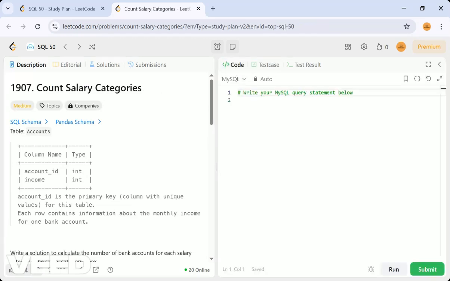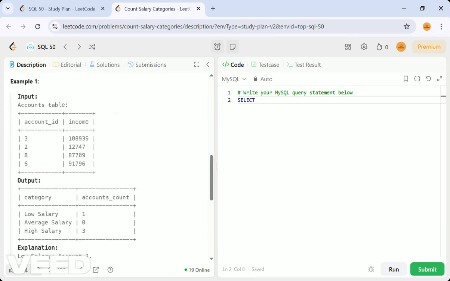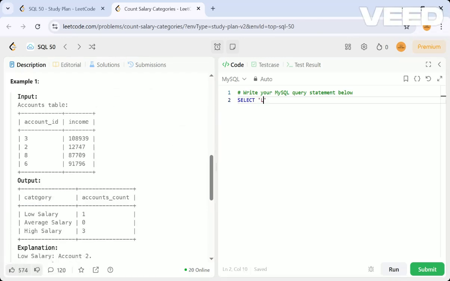So let's see how we can solve this code-wise. We have the same table, but we have to get all these things. What we can do is use UNION for this kind of thing. First, select the category, which is low salary, as category.